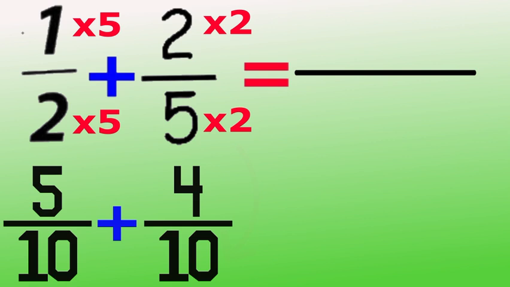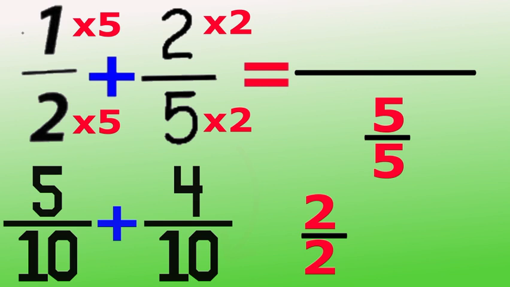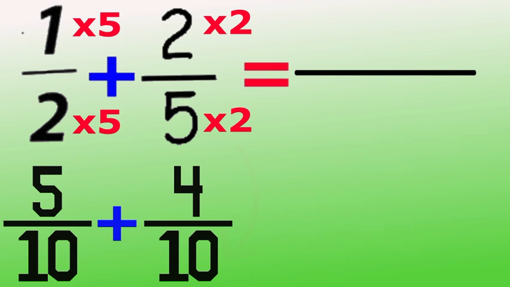Notice that we multiplied our first fraction by 5 over 5, and our second fraction by 2 over 2. Whenever a fraction has the same number for the numerator and the denominator, that fraction equals 1. So really, we're just multiplying the first fraction and the second fraction by 1. And anything you multiply by 1 remains the same value. So that's how we can be sure that our equivalent fractions are the same as the original fractions.